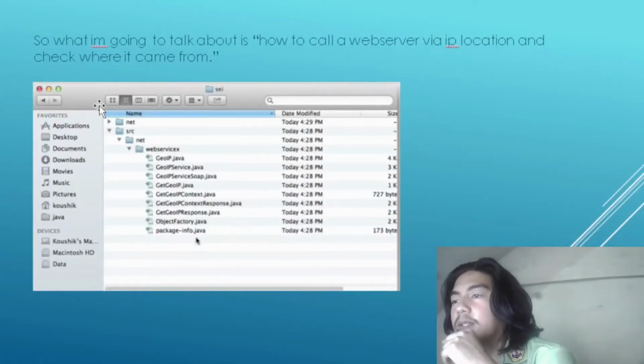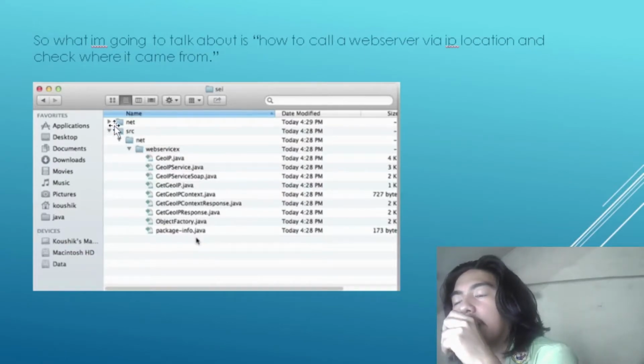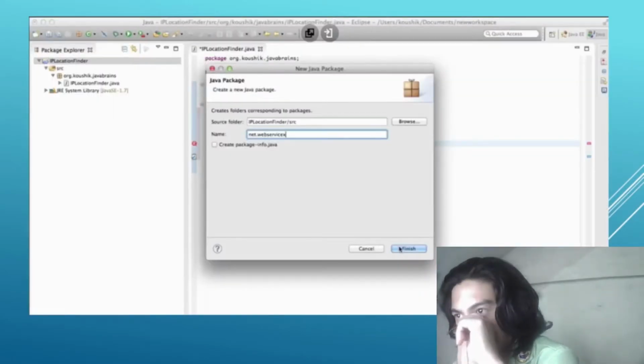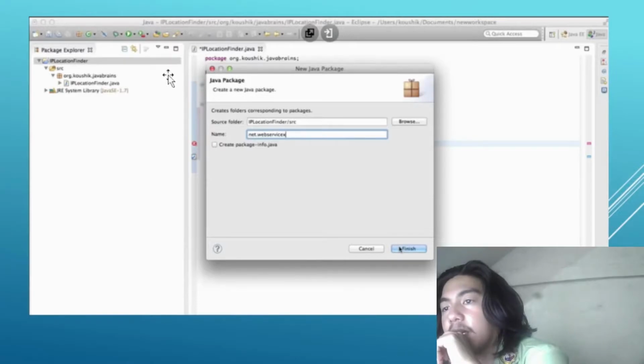So what I'm going to talk about is how to call a web service by IP location and check where it came from. So ang mangyayari dito, gagamitin natin yung dating code from the previous reporter. Then, i-check natin kung okay ba siya or readable. After nun, kung okay naman na siya, gagawa tayo ng bagong Java package for that particular data.